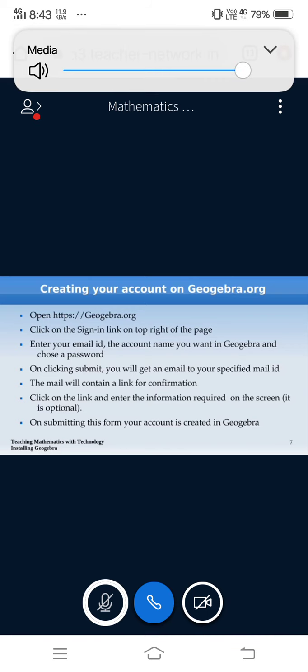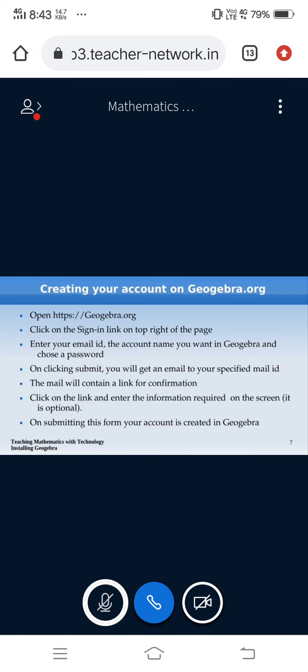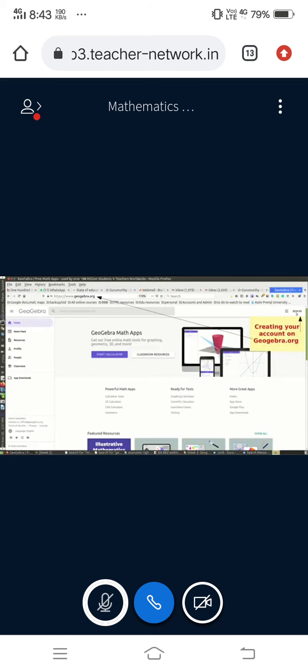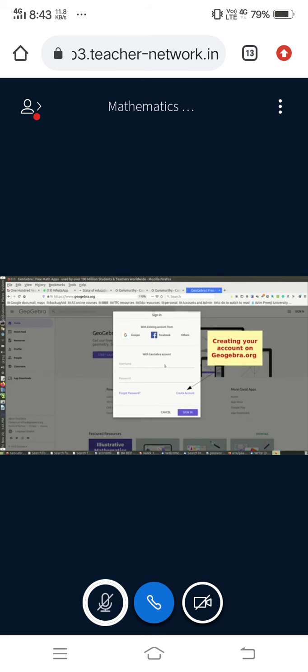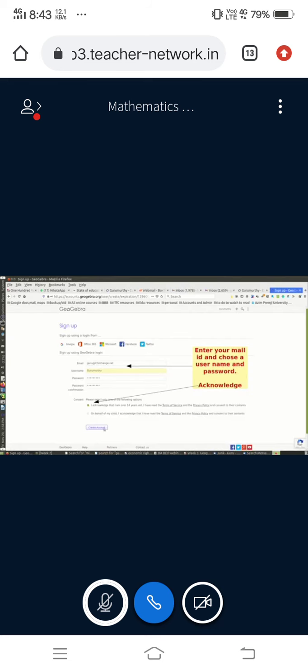You can also contribute to that effort by creating your own account, and I'll briefly explain the process of creation of your own ID on geogebra.org. The steps are available on this slide, but I will show them one by one in this video. So you need to go to geogebra.org again, and on the right side you will see the sign in link. You will click on that sign in link. Since you don't have an ID, you will have to create an ID by clicking on the create account that you see on the screen in front of you.